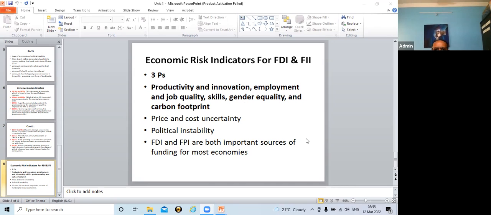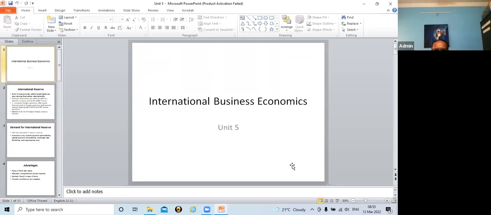And yesterday we discussed unit number 5, our last unit. The title of unit number 5 is international banking. At the international level, it was a need felt by each and every country that we have to have international banking. So who is the bank at the international level? Can you share your answer? Which is the bank at the international level?